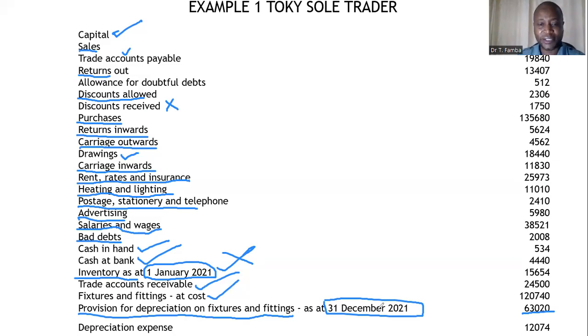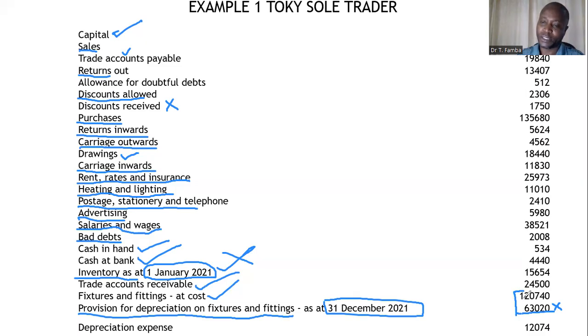But in this case, we have provisions for depreciation up to 31 December, which means that this figure here comprises depreciation charge for the year 2021. So when you are preparing your statement of financial position, it means that you are only going to use these two figures here,